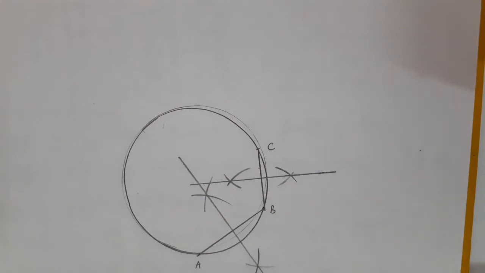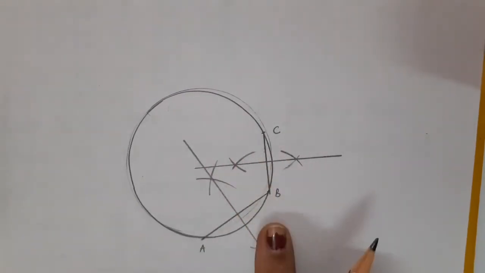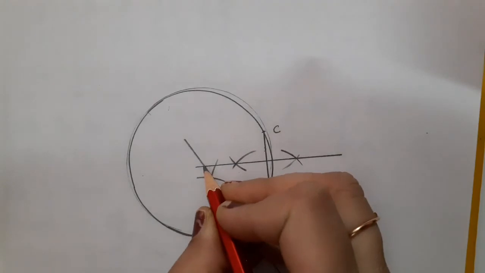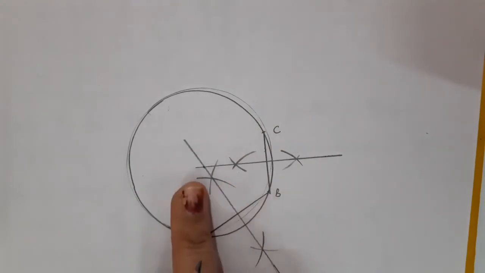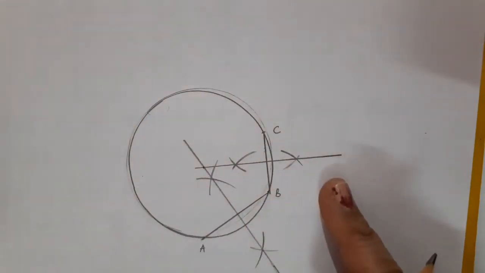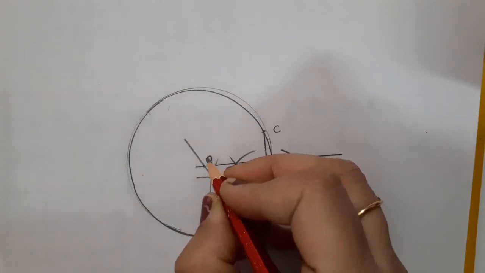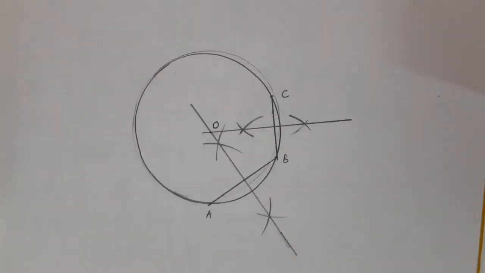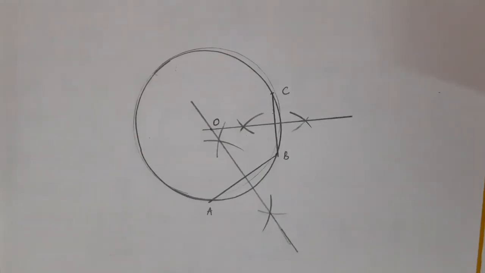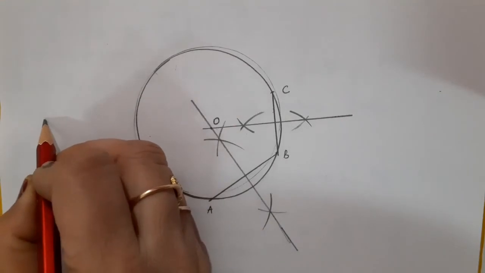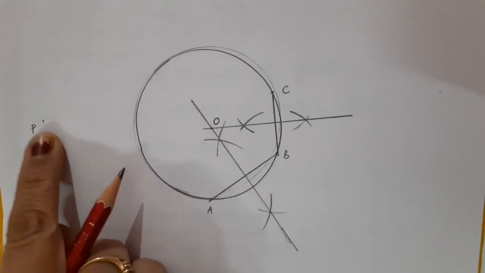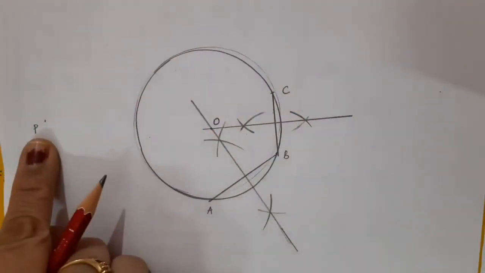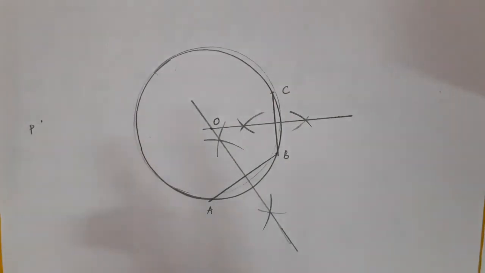Now children, where both of these perpendicular bisectors are going to meet each other or are going to intersect each other, that would be the center point for this circle, which is drawn using Bengal. So let it be point O. Now children, I have been asked that take a point outside the circle. So here you can take any point. Let it be point P. And I have been asked to draw 2 tangents to this circle from this external point. You can take this point here also, as you wish.